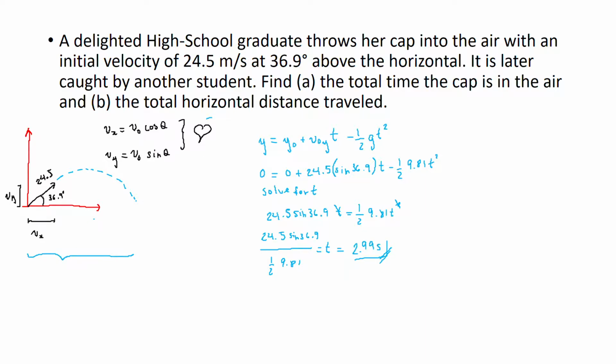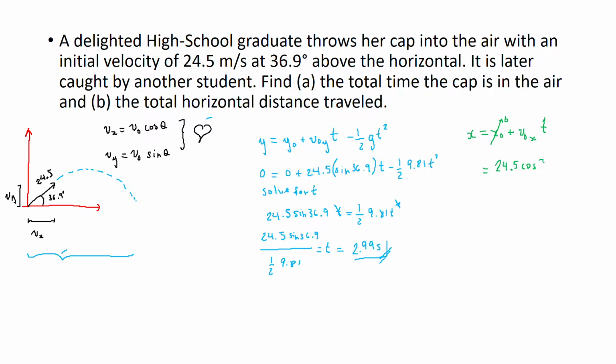Finally, we need to find the total distance traveled, and for that, let me change colors into this nice, I don't know, a green. We'll do it. We need to find the total displacement in the x-axis, and for that we just know that x is equal to x0 plus v0 in x times t. So we can assume x0 is going to be 0, and the initial velocity in x is gonna be 24.5